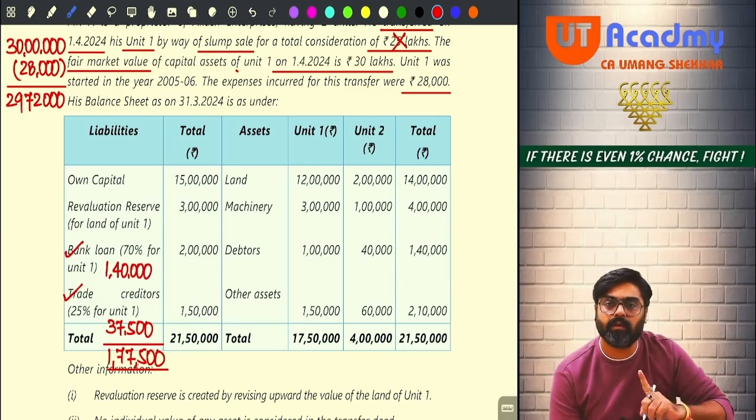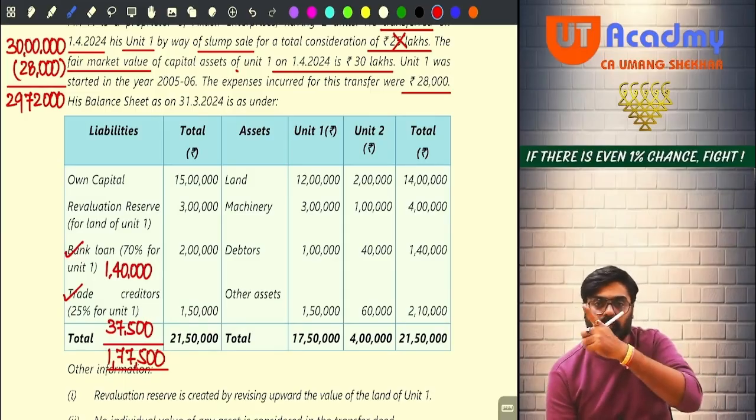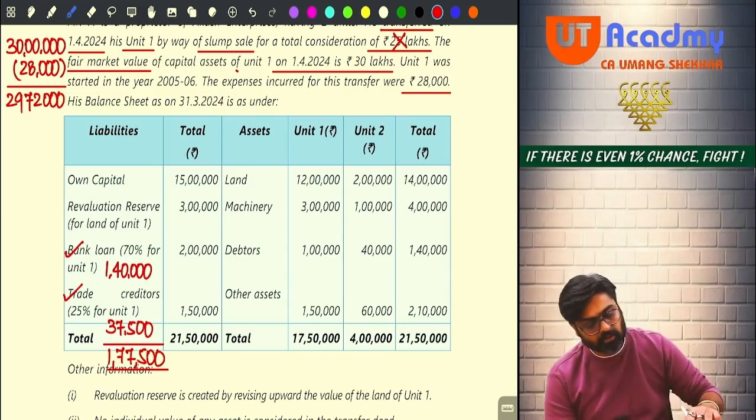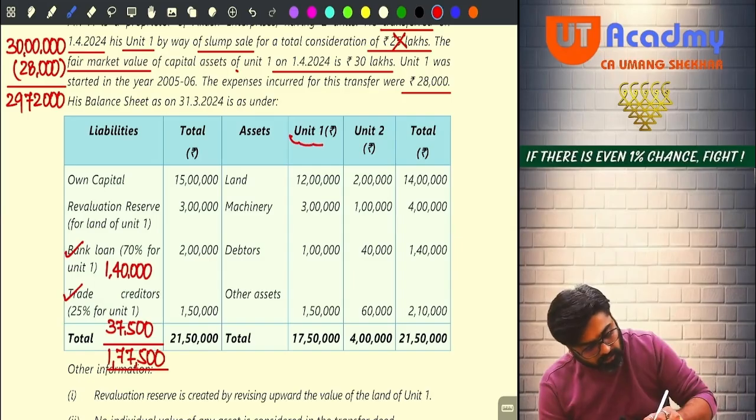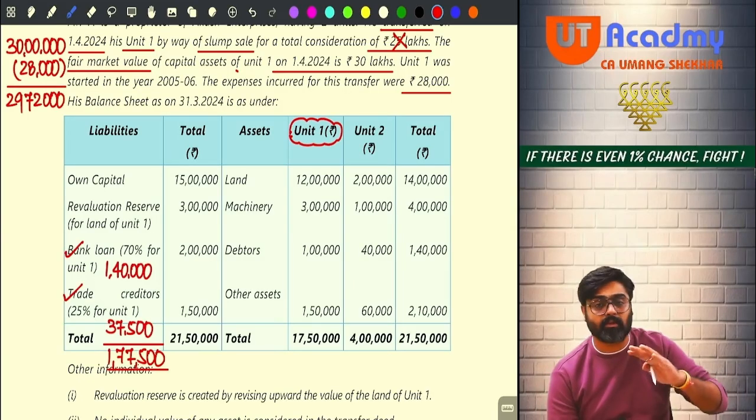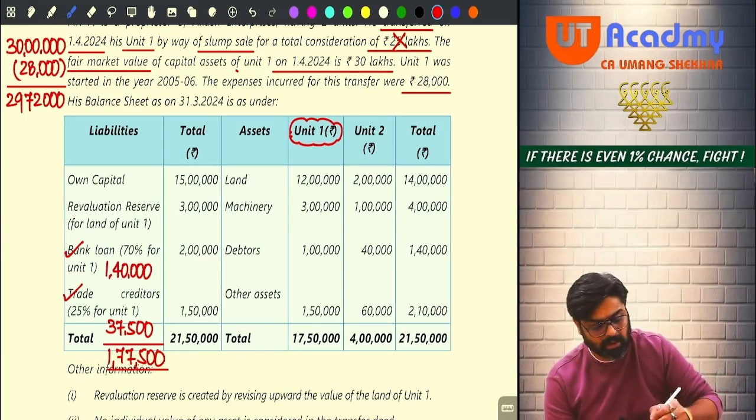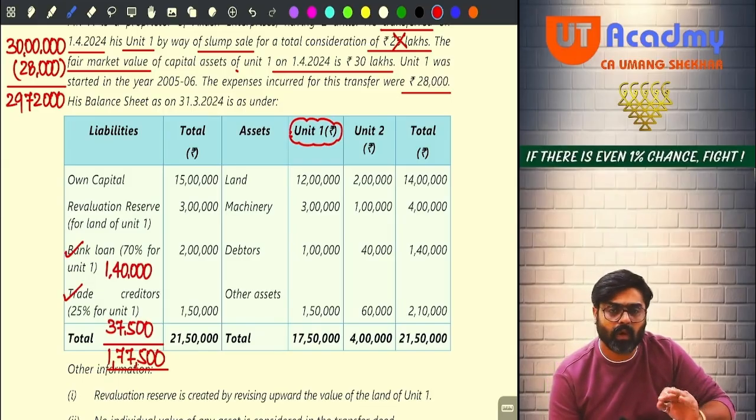I will be getting what? I will be getting the net worth. Okay, and that will be treated as cost of acquisition, which I will reduce from the net consideration. Okay, no. So to calculate the total asset, will I take the total asset of both the units or only unit 1? Only unit 1. So for unit number 1, which is getting transferred in the transaction of slump sale, what will be the total